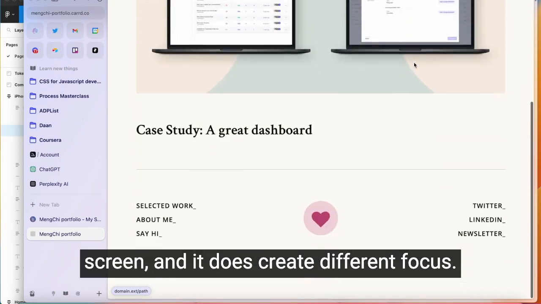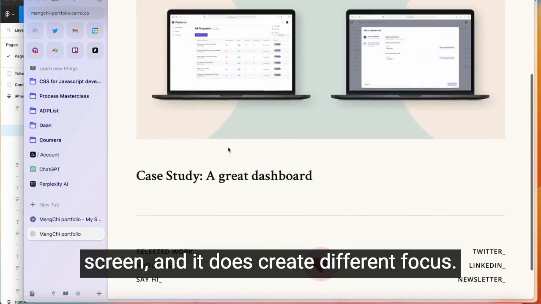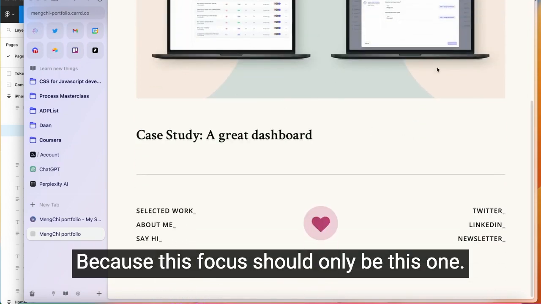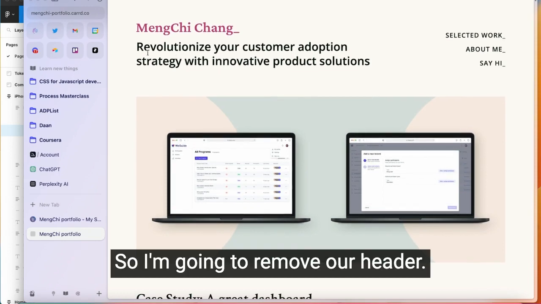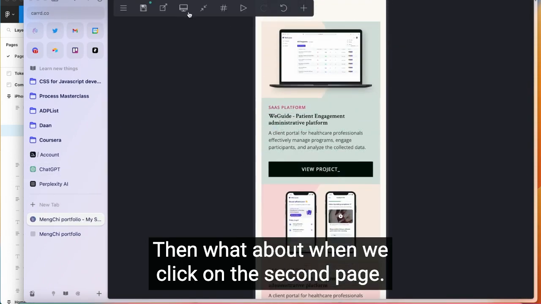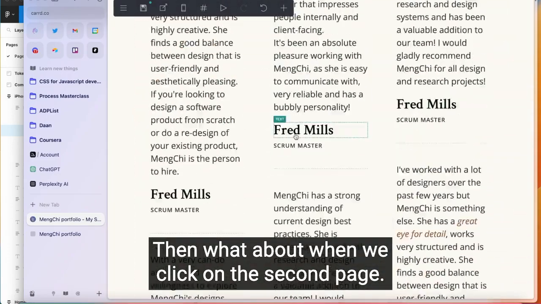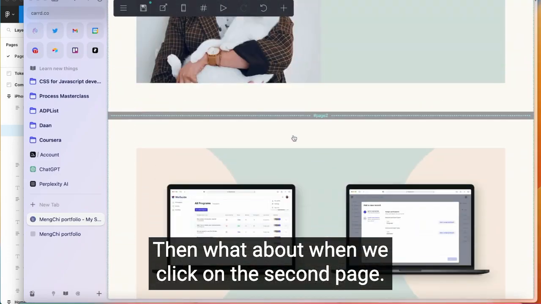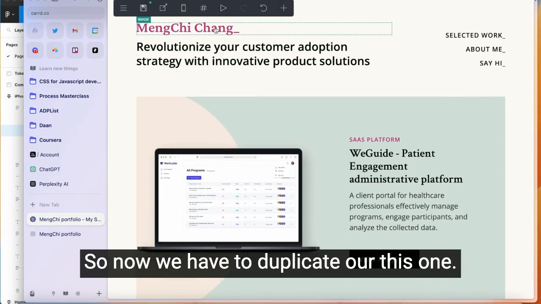Okay, but I sincerely don't like the idea of having this, since this belongs to the previous home screen, and it does create different focus, because this focus should only be this one. So I'm going to remove our header. Then what about when we click on the second page? So now we have to duplicate this one